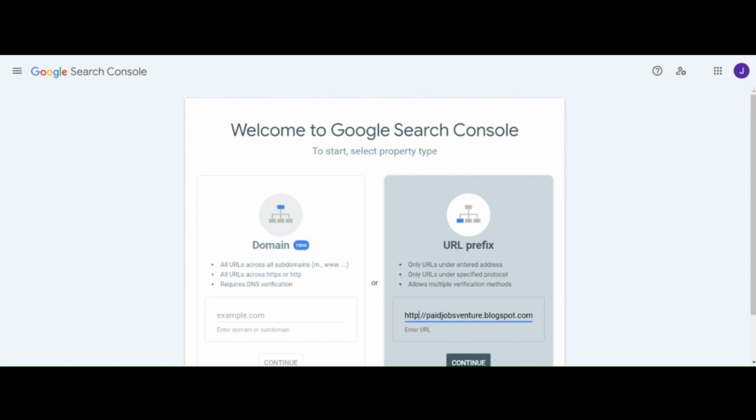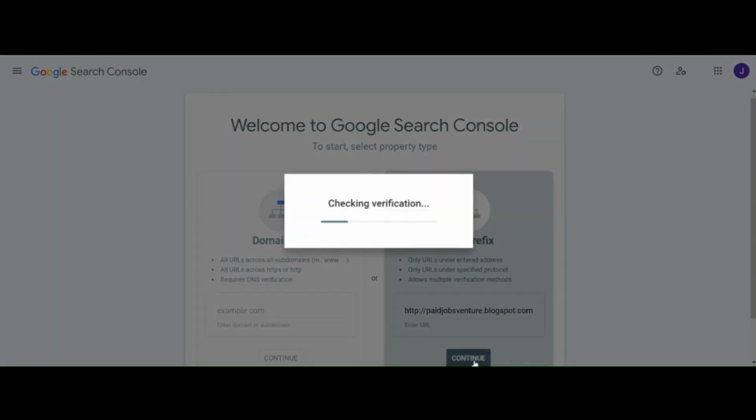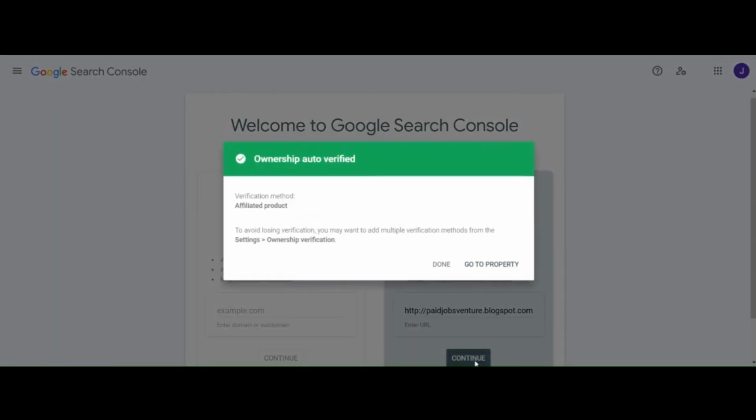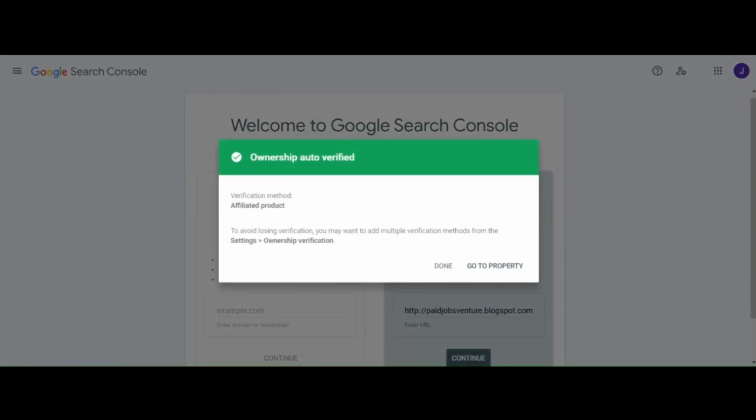So if it's auto verified, it's still the same thing: the same Google account I'm using for my blog is the same Google account I'm using to verify my Google Search Console. So let's click continue. You can see now it's the same thing. So the next thing we need to do now, for us to do the other one, you need to click